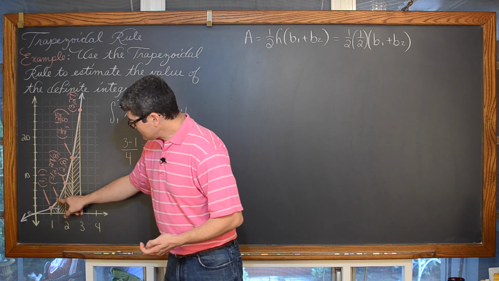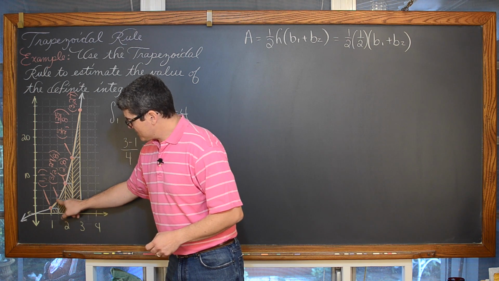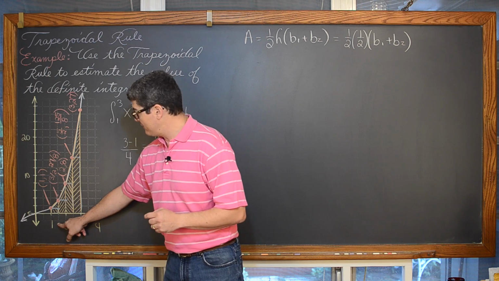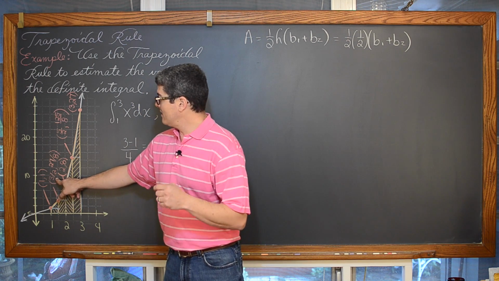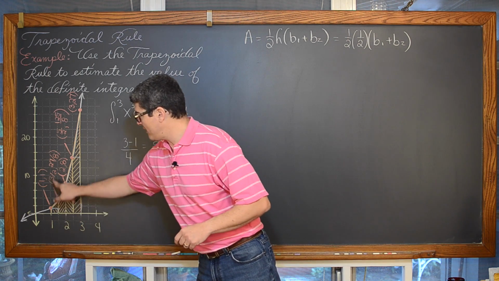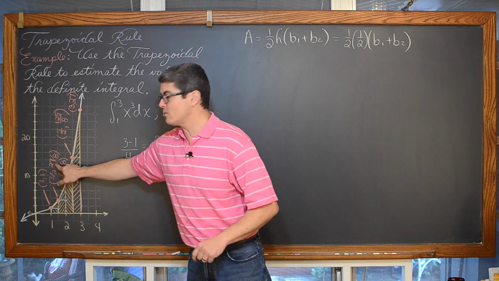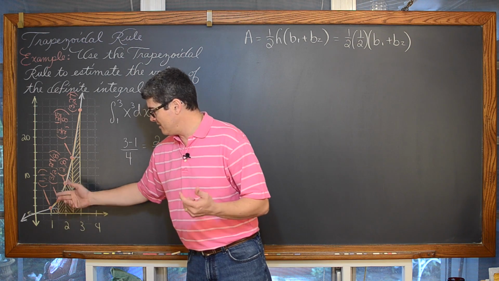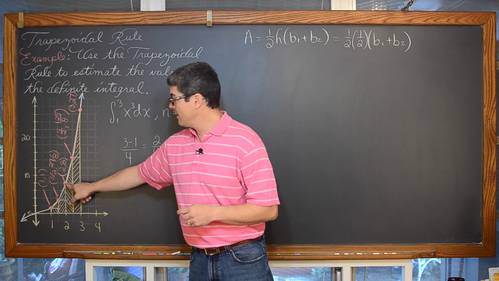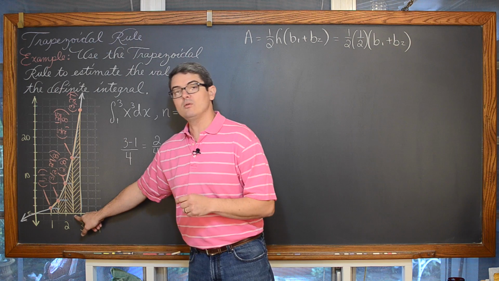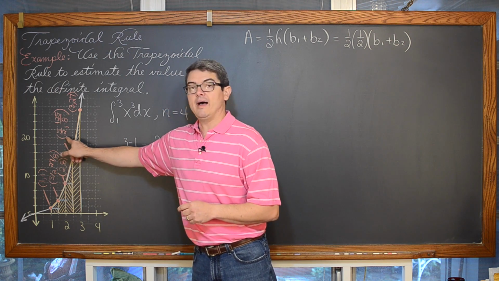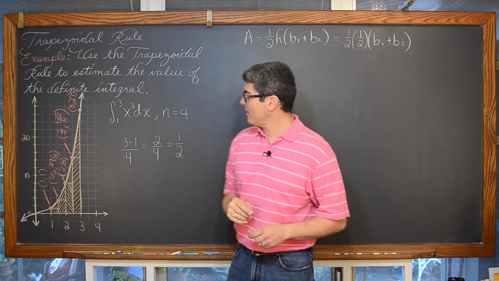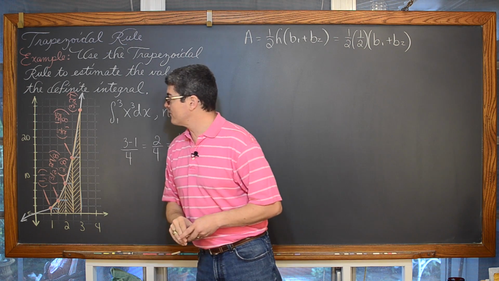And the length of this base here is going to be, well, we take the value of 1.5, plug it into the function, and 1.5 or 3/2 cubed comes out to a value of 27/8. If we take the value of 2 and plug it into x cubed, we have 8. If we take the value of 2.5 or 5/2 and cube that, because that's what the function is, we're going to get 125/8. And then finally we have the last point, 3 cubed, which is 27.